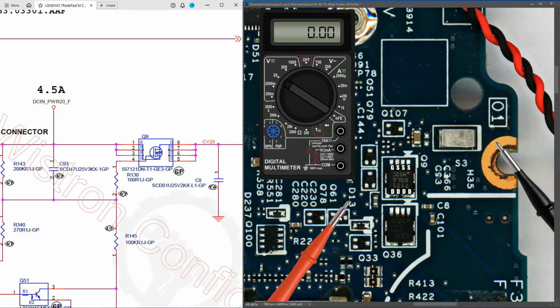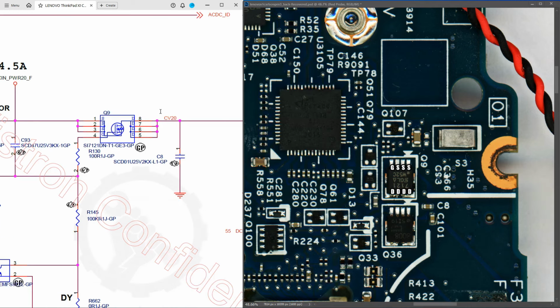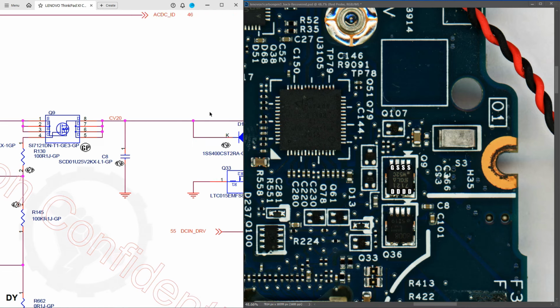Next we measure at the drain pin of Q9. So I'll place my red probe to the drain and we find that it measures 20.50 volts. So our input voltage of 20.50 volts is making it through our first MOSFET. Back to our schematic, we can see here that we have 20.50 volts at this point after Q9. So where does it go next? Well, where it goes next is